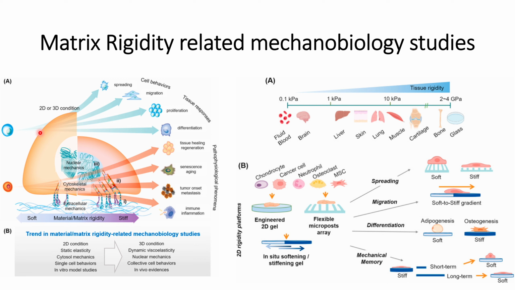So we will start with this figure on the left hand side, panel A. Here we can see that when the stiffness of the extracellular matrix changes from soft to stiffer, it might cause different changes, and some of these are shown here. In the case of softness, the mechanical-biological interactions between ECM and the cells are minimum. However, when the ECM is stiffer, the interactions between ECM and the cells because of the mechanical-biological forces are high,